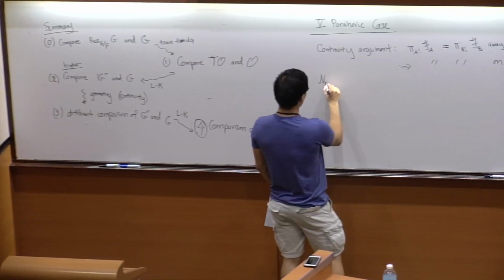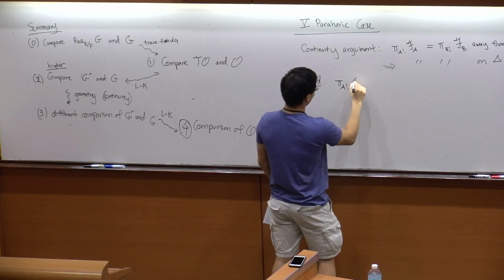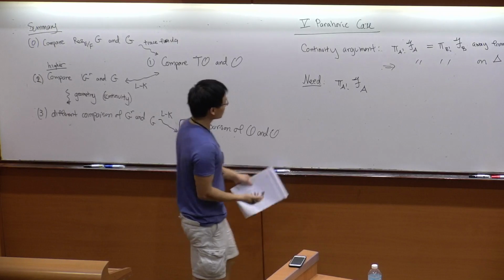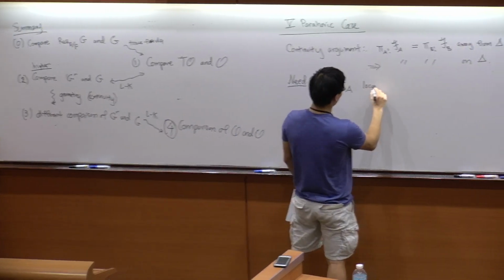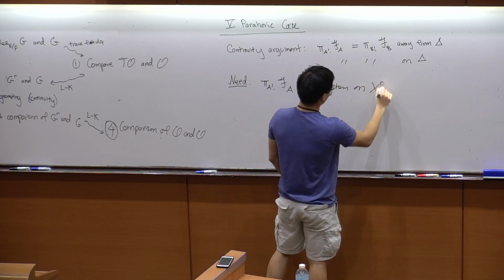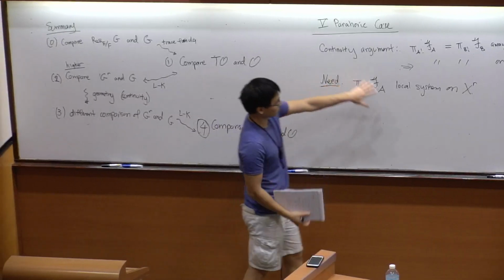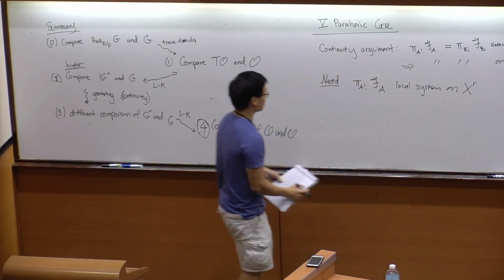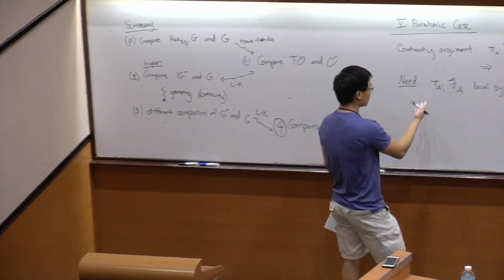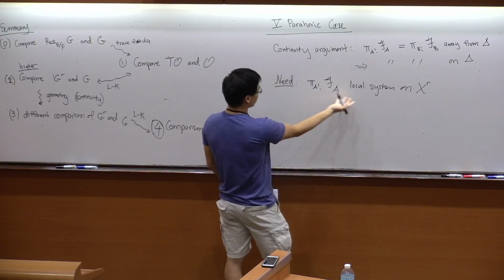What you need is that this, but also the analogous statement for B, which I won't write, is a local system on X^r, which is some way of saying that nothing weird happens on very small subsets of X^r. It behaves like it's locally constant. And how does one get something like this? Usually if I want a pushforward to be a local system,